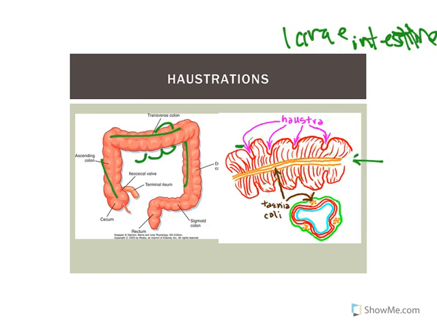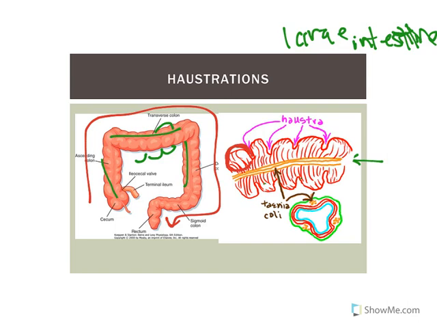So what happens is the circular muscle contracts, the tinea coli contract, and the areas that are not stimulated are going to bulge out. So these guys start to bulge out. Well, what's so important about that is as the fecal material is moving along in this fashion, some of that fecal material is going to be moved off to the edge close to the mucosa, where it's exposed to the mucosa, where then you can have fluid and electrolytes